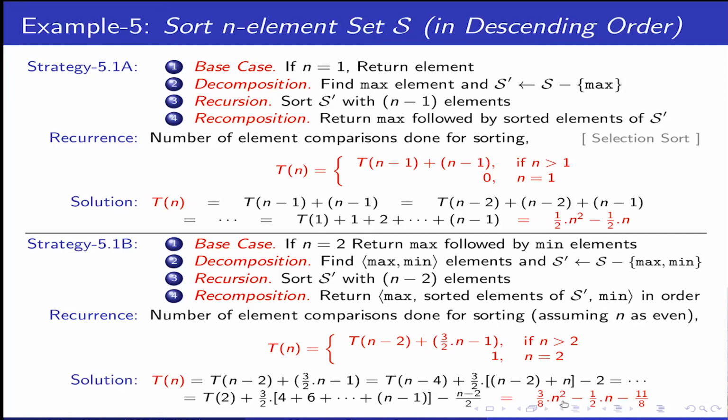You will find it is better than this because of what we saved in computing the max and min together. If we compute the max and min separately, then we do 2n-2 steps. However, computing the max and min together saves us n/2, and that gives us this savings. So this is less than this. Therefore, sorting with max and min together is better in terms of the number of comparisons, at least.